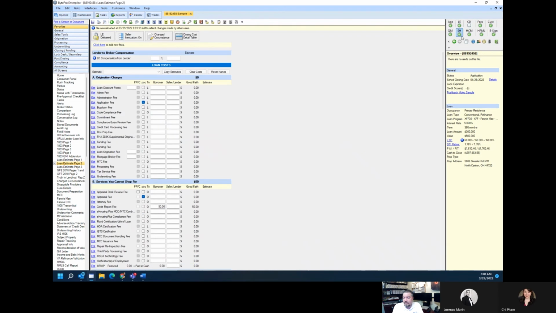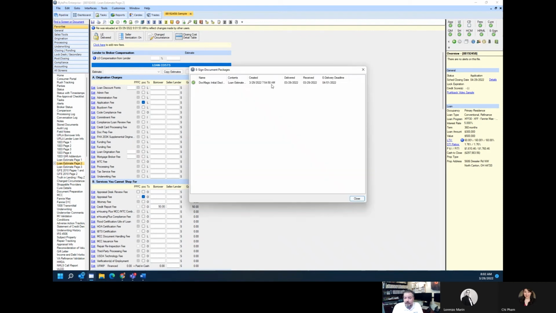And if you notice the lights up here in the corner that you look to see, are you passing QM? Do you need a redisclosure? All those good things. There's now another one that has the eSign light active as well. So you can click on that and view all of the eSigned document packages that have been completed for this